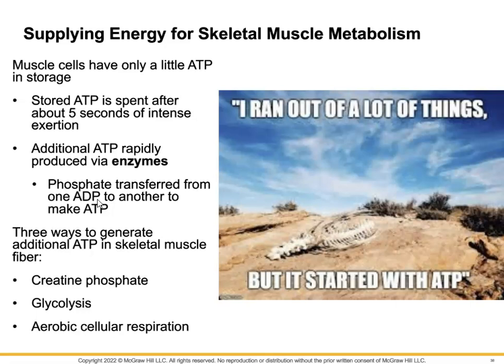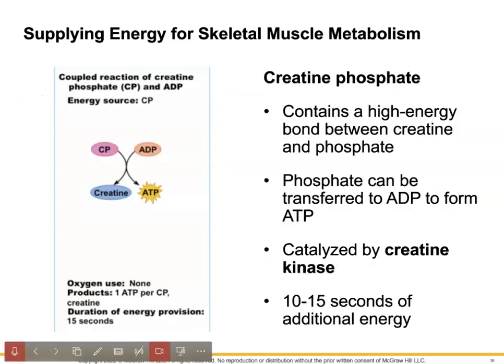Yeah, you know we're going to have to go back and visit cell respiration from chapter 3 for just a second. One way that we can make additional ATP for skeletal muscle metabolism is to steal a phosphate again. So not only do we steal phosphates from ADPs to make ATP, we can steal phosphates from this high energy bond that forms between creatine and phosphate, which makes creatine phosphate, okay? Now, we can steal that phosphate and turn creatine phosphate into creatine, hook that phosphate on an ADP, and boom,